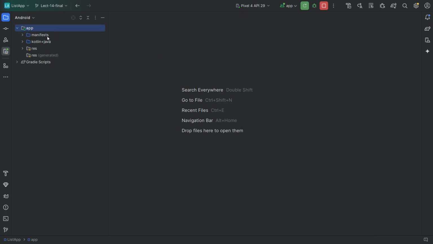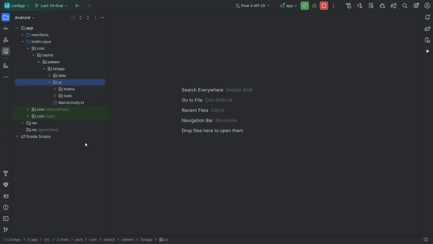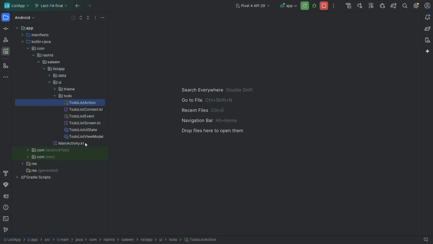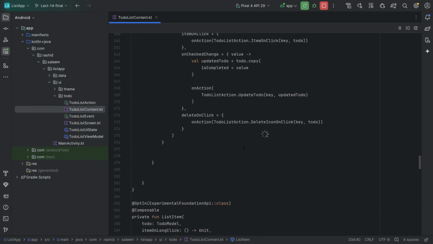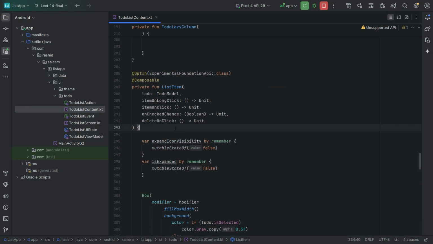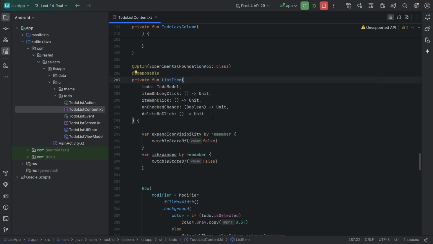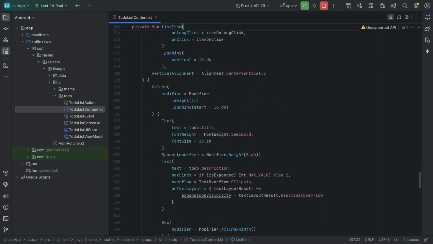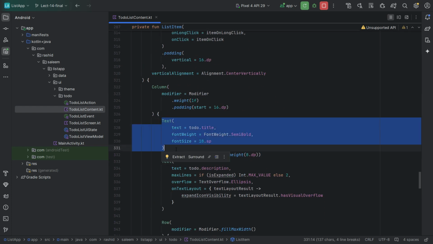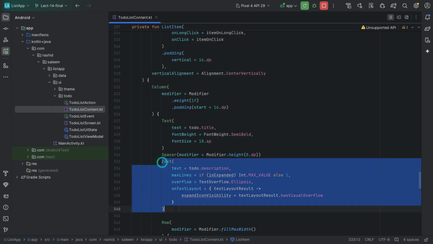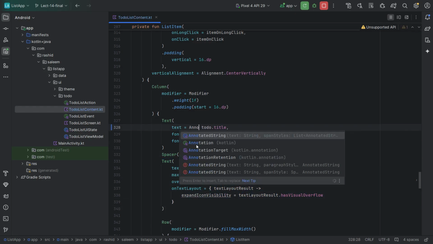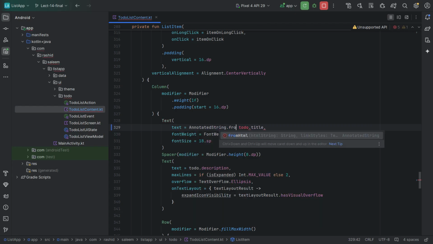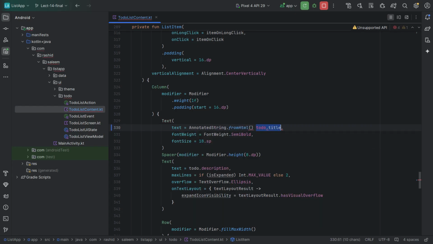For that we go to Java, Kotlin plus Java, UI, and in here todo list content, and in that we have this list item composable, where we have this text composable for title and this one for description. So here we use annotated string, use fromHtml and pass this title in it,